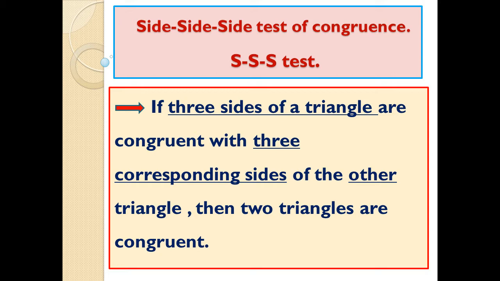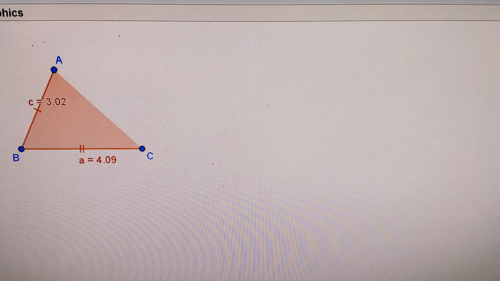Well students, we will see another test now. Please watch this video again. In this video, we are going to construct another test of congruence. Again, we have to draw a triangle here. Draw triangle ABC, and we have to measure three elements of this triangle first. Now see which three elements we are taking here. There are two sides, AB and BC, and an angle included between these two sides.